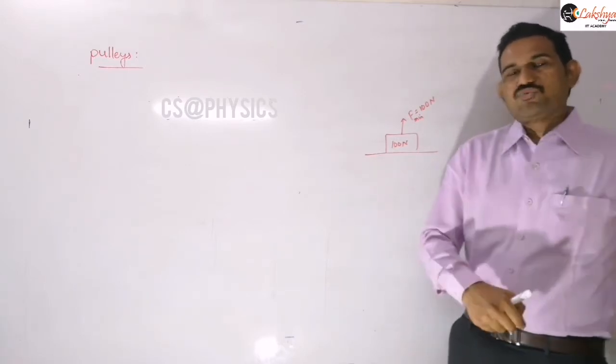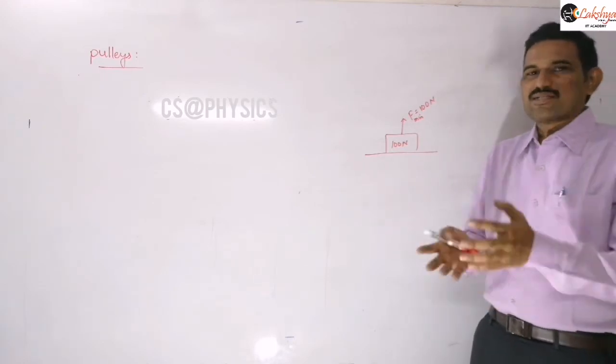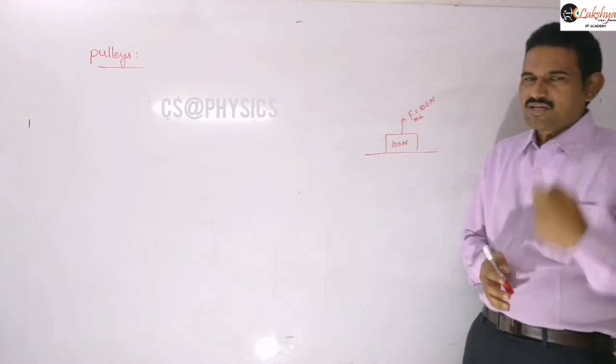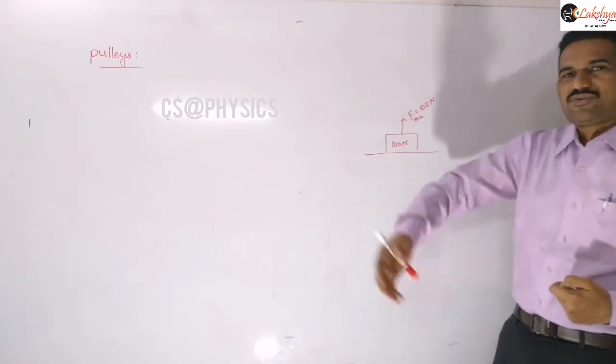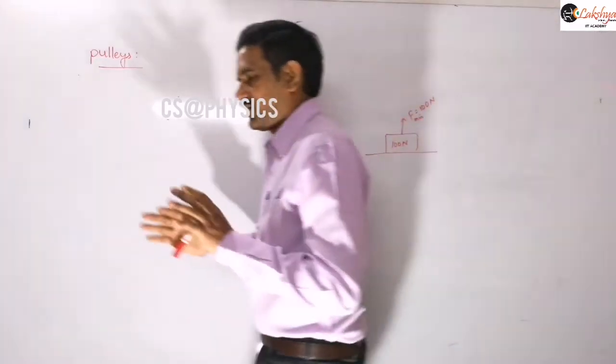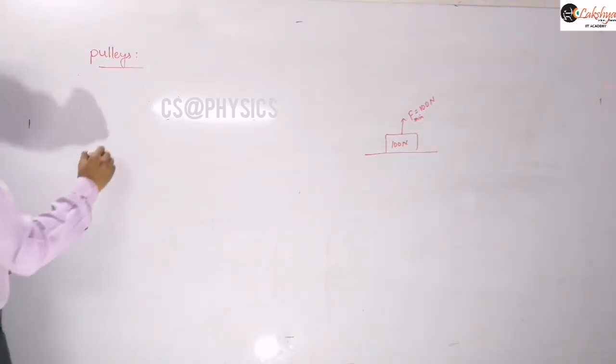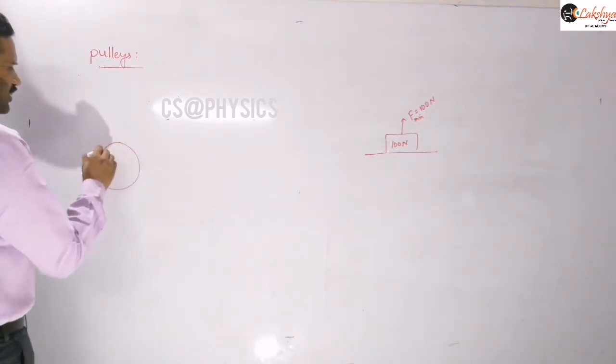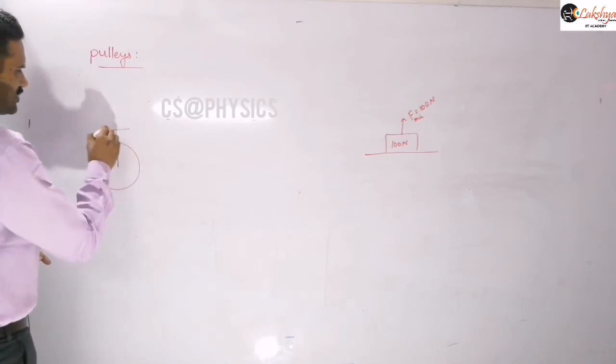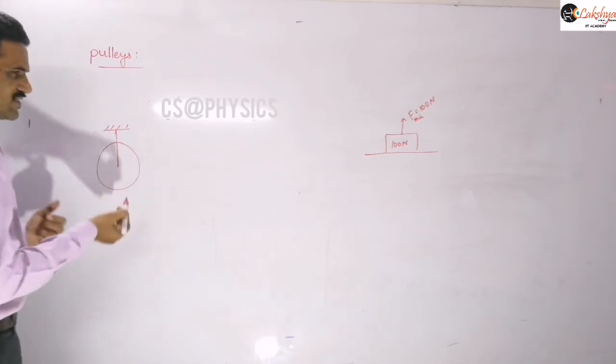But the force we are applying on the system will be less than the 1000 you will get. So that means by applying a small force, you can lift the larger weights also. That is the mechanical advantage of these pulleys here. And as the friction is not considered here, that means, if friction is negligible,